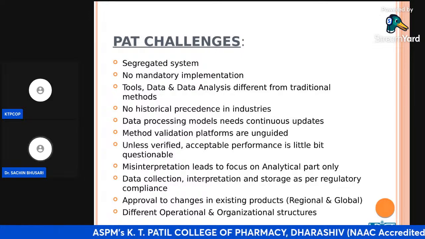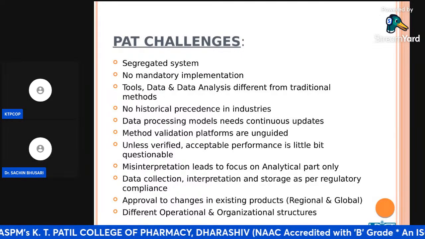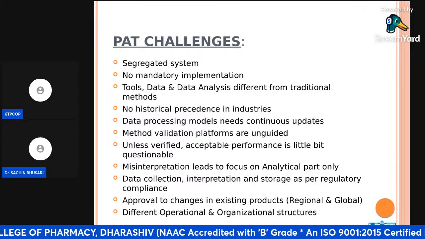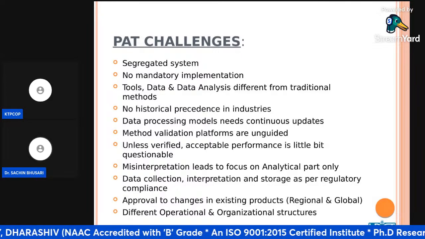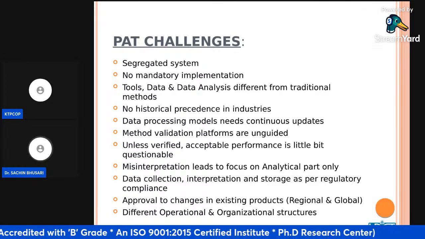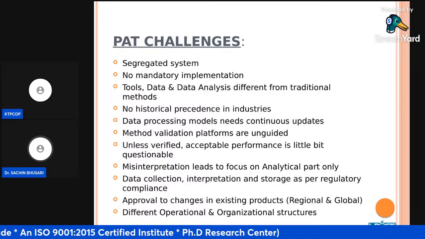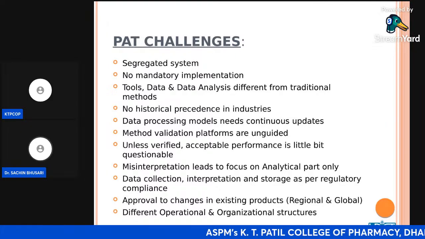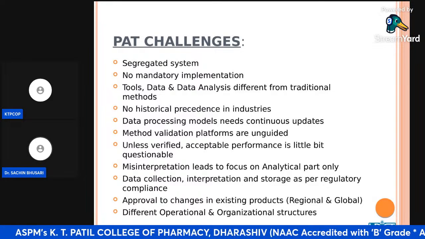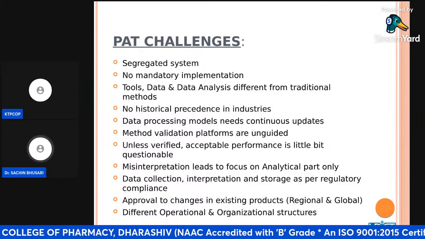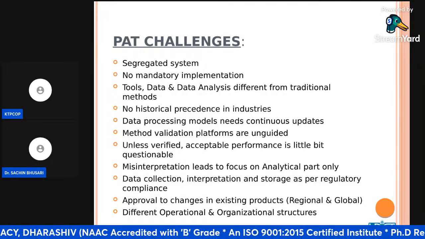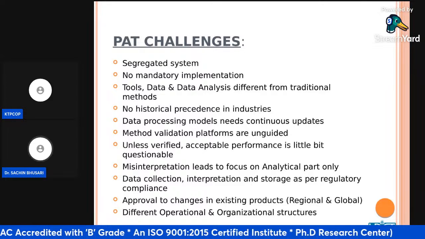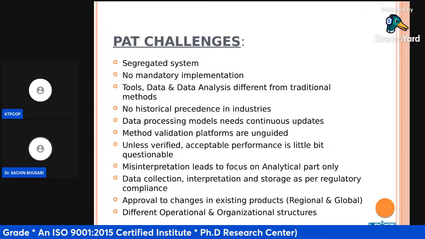Now, data collection, implementation, and storage as per regulatory compliance. See, whenever we collect any data, I'm sure some of the industry friends will be there in this presentation. We collect the data, we store the data in hard copy, report formats, even soft copy. But this is offline data, which is generated after some time. When the data is online, how to collect it, how to interpret it, and how to store it in a compliant manner? A 21 CFR compliance system should be there, and it has to be linked with the regulatory requirement.